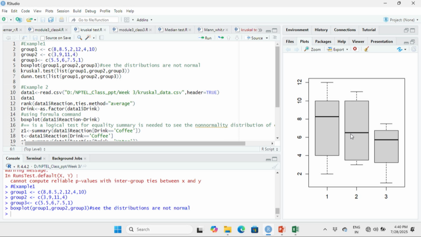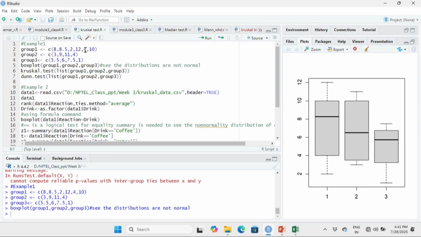See, the box plots are here, and of course, we can see that the medians are quite close to each other: first group, second group and third group. From the x-axis labels 1, 2 and 3, you can see the medians are pretty close. So we might have a faint idea that after the testing process the null hypothesis may be accepted. That is the intuition one can gather from the box plot.